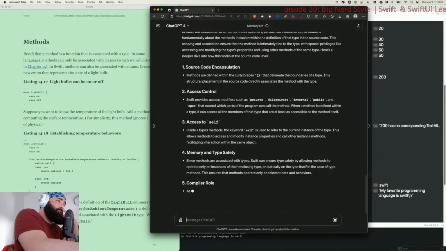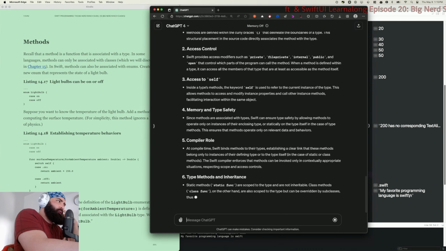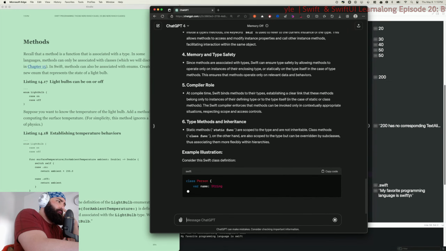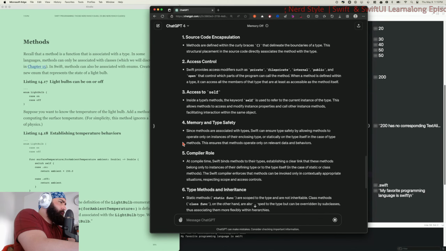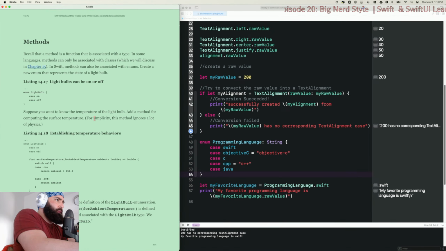Oh, there's access control built into Swift. Dang, that's pretty cool. Access to self inside a type's method, the keyword self. That is cool. Hashtag JavaScript. Okay, well, and it's just there. I mean, it did answer the question, so that's okay.